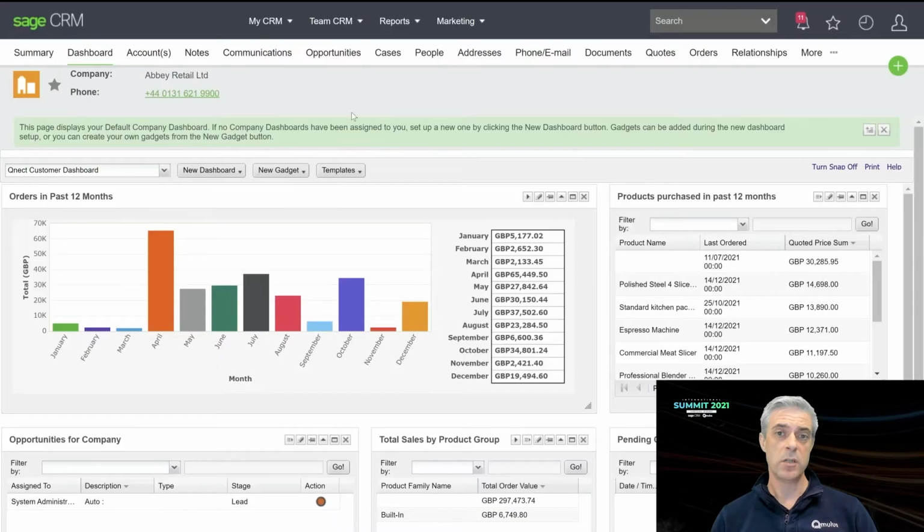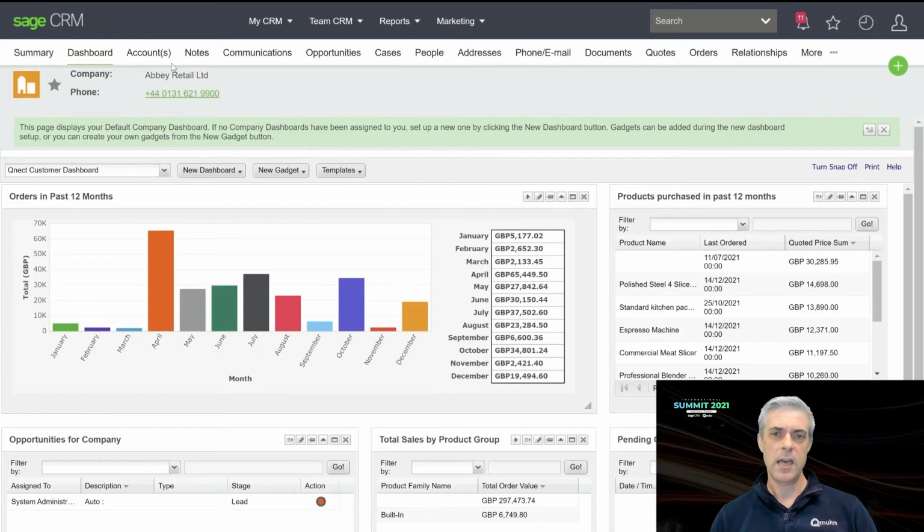All the information can also be reported on directly from Sage CRM using the dashboard option, both against the customer and the system as a whole, so that you can see information such as your top selling customers or products, and when viewing customers, how much they have bought from you over the past 12 months, what they have bought the most of, and therefore what they're not buying from you.